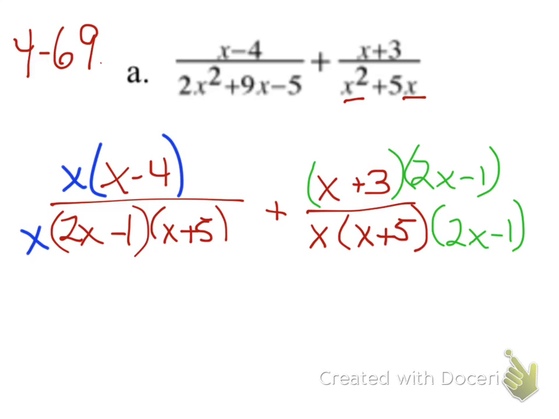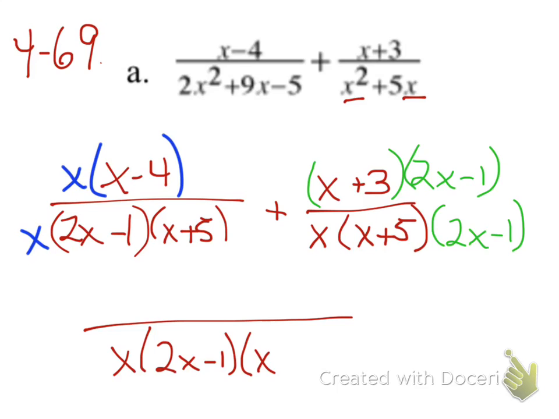I now have a common denominator. It is x times 2x minus 1 times x plus 5, which means I can now write it as one fraction. And now I can add my numerators. In order to do that, though, I need to distribute. So I'm going to get x squared minus 4x